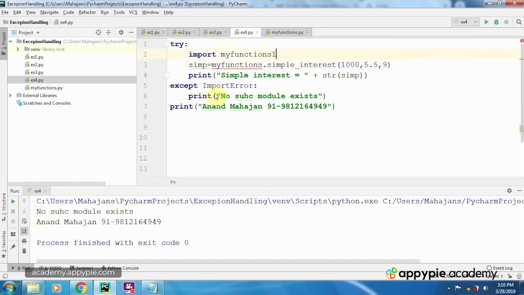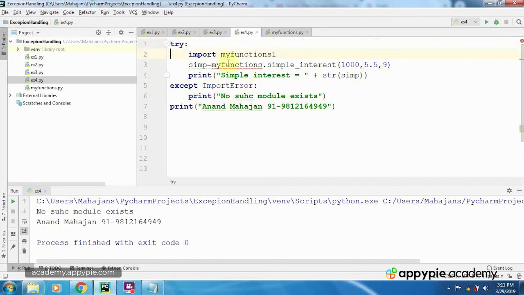So it's giving the message no such module exists, because at this statement myfunctions.simple_interest, it saw that there is no such module which has been imported, because the imported module name was myfunctions1. The control will jump to the except block, and the message no such module exists will come, and the program will not be terminated. That is the point to be noted. That is the basic objective of exception handling, that your program is prevented from getting terminated in the event of an exception. So this common statement, Anand Mahajan and this telephone number, will be printed as it is because it's a common statement.